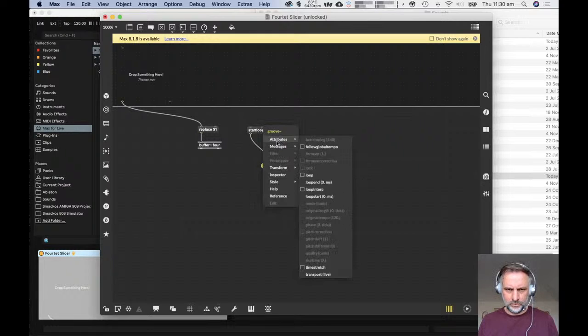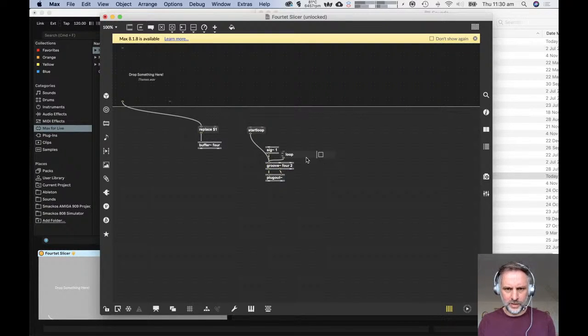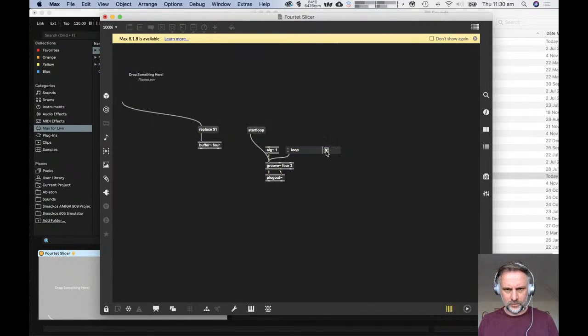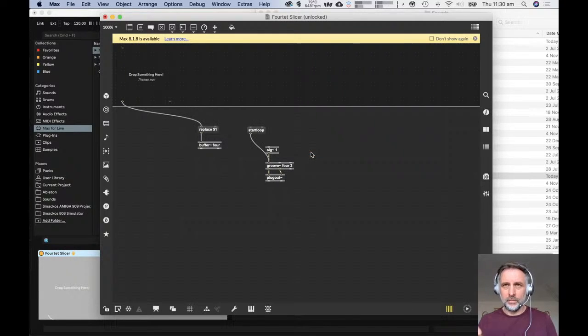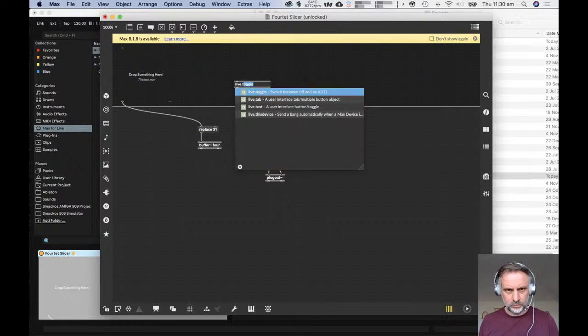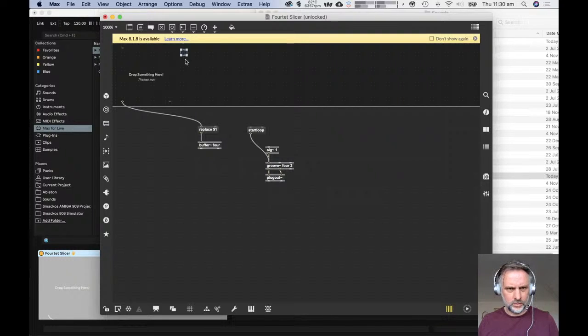couple of ways. We can either go to its little pop-up and select the loop option here, so we get a little attribute tick box here, and so that'll turn looping on and off. I would prefer to see a user interface element that interacts properly with Ableton Live. So I would use a live.toggle, which I'm going to put up there, to turn looping on and off, and we'd connect that to another message box that said loop, and then $1 for